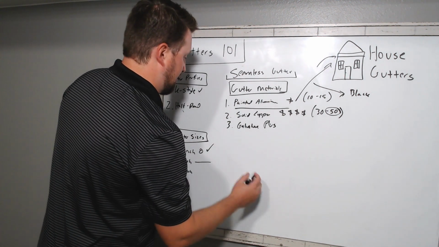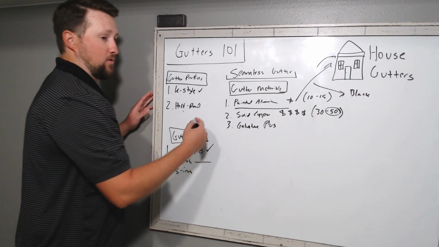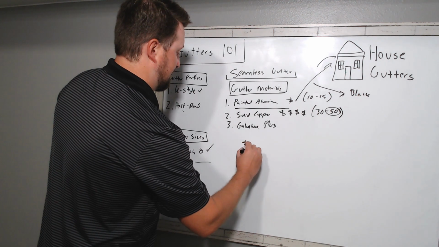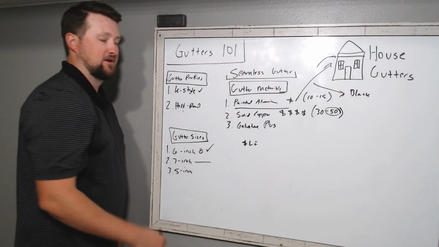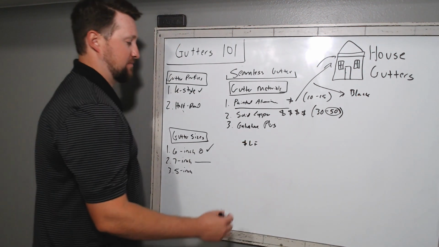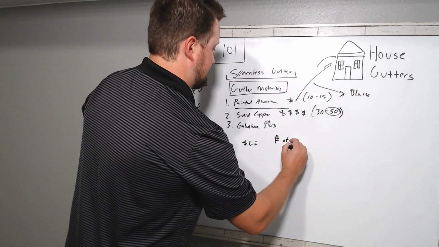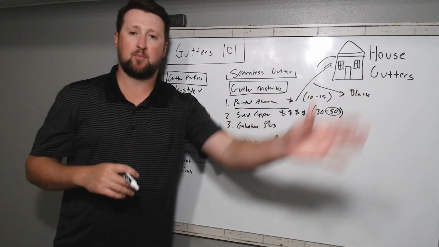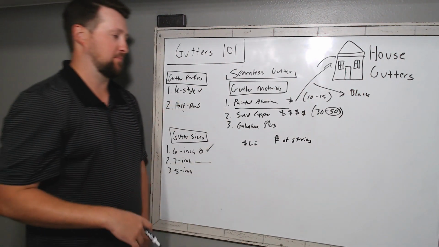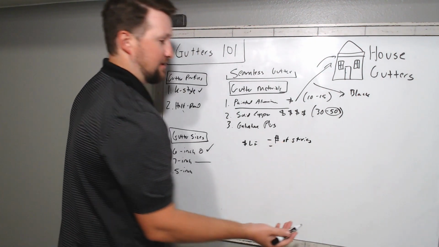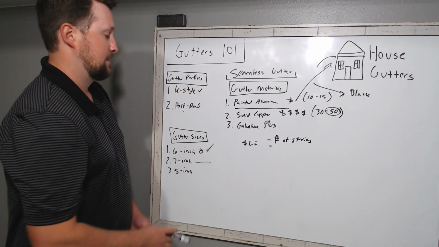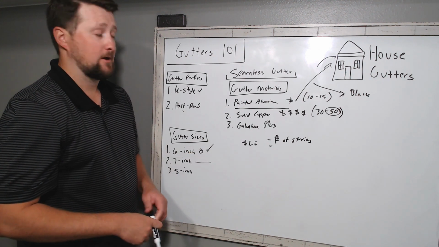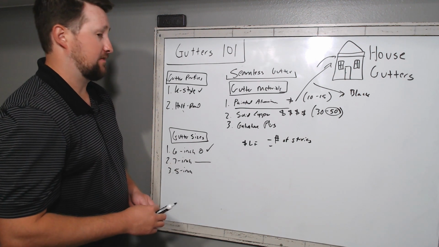So now, based on these things, we're going to get a base price per foot. It's going to be, hey, this is the linear foot cost. Other things that add to the cost are the number of stories. Is it a new installation? Are we removing or tearing off any gutter? Are we replacing? The degree of difficulty is going to determine the cost. And then also, if you have any additional things, maybe you want to add gutter guards, some leaf protection, that will also